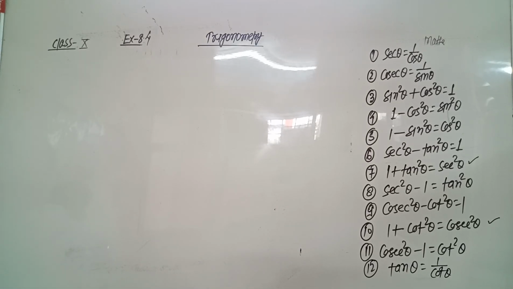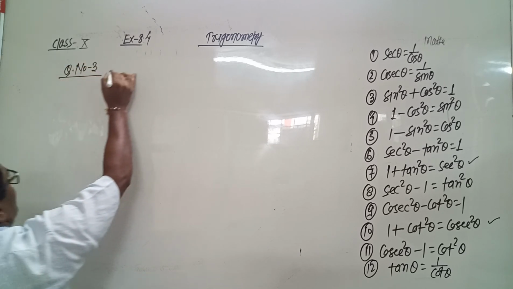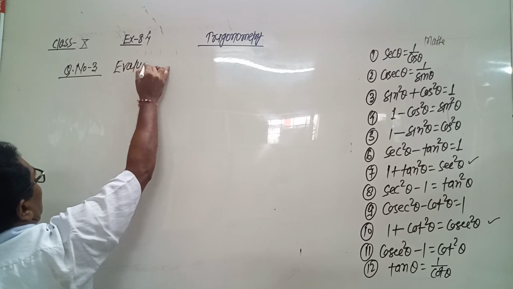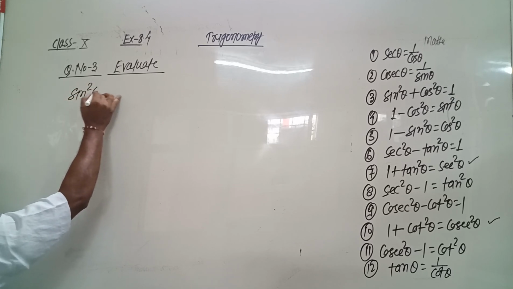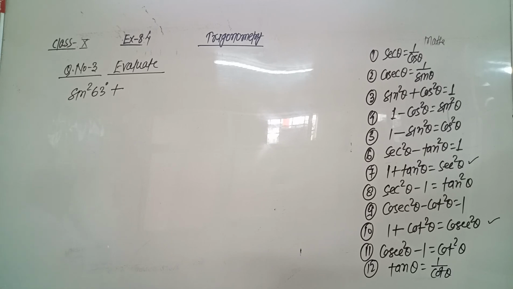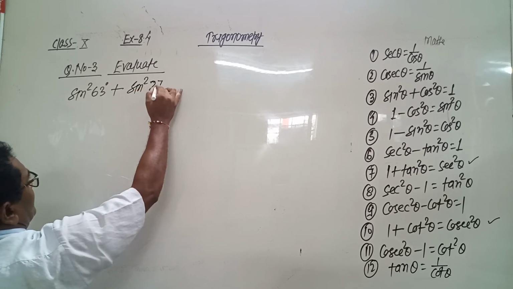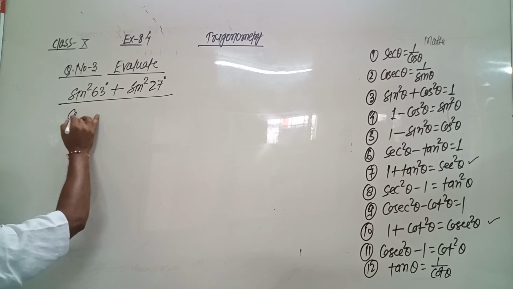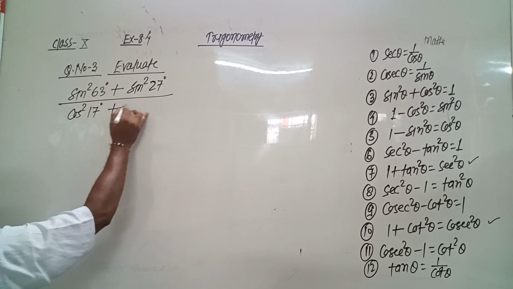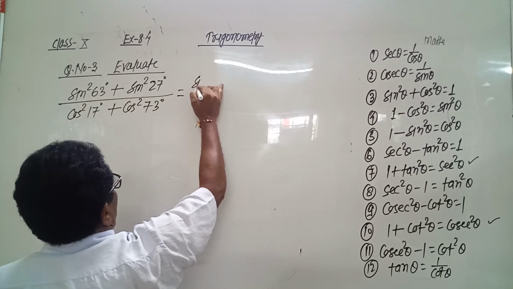Now we discuss question number 3. Evaluate (sin square 63 degree plus sin square 27 degree) upon (cos square 17 degree plus cos square 73 degree). So sin square 63 degree as it is,